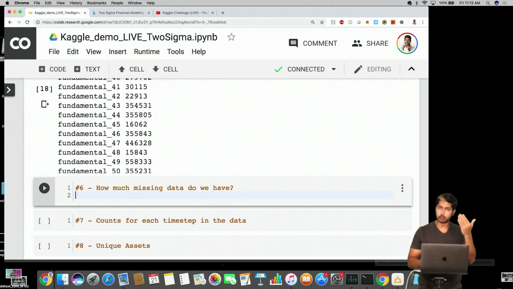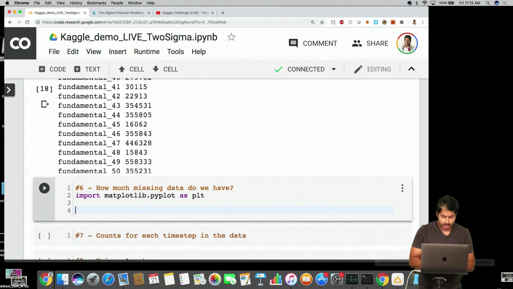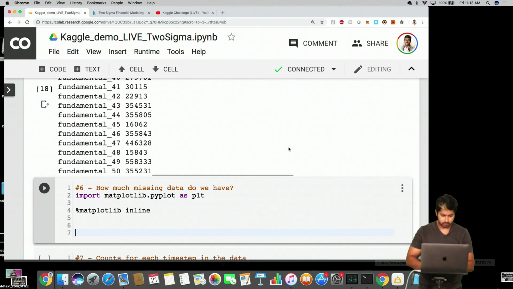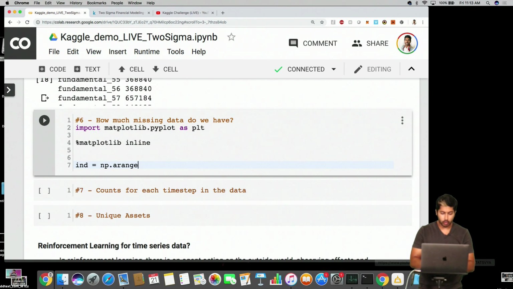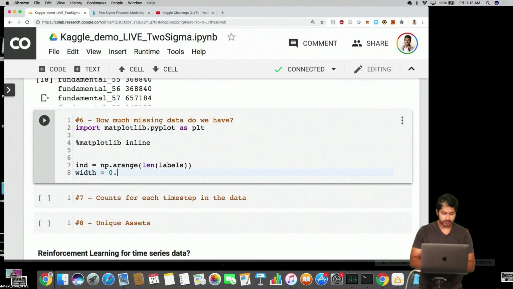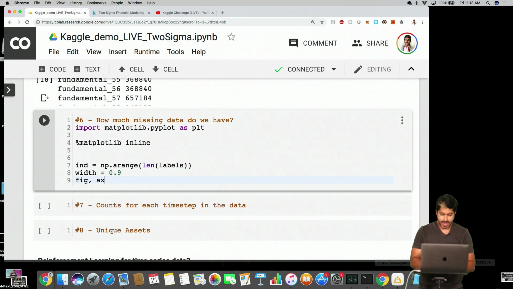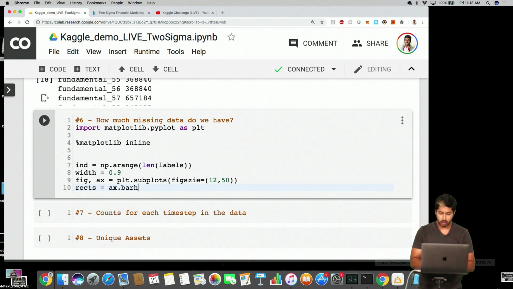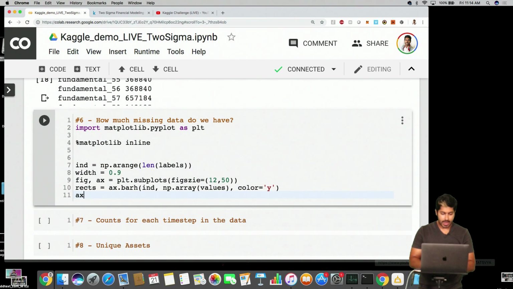So now we want to see how much data cleaning we have to do. How much missing data do we have? We can use matplotlib to see just how much missing data we have, because we probably have a lot. So plt, that's our matplotlib, and then we'll use this inline call to say that we want to show a matplotlib graph inside of the browser. Okay, so we're going to create a matplotlib graph, and we're going to say it's going to contain a figure size of 12 by 50. So we'll keep it relatively small, and we're going to start from those labels, which I named ind, and connected to those labels we have all of our values. And I'm going to label them y. So in my graph, it's going to say y. And now we can